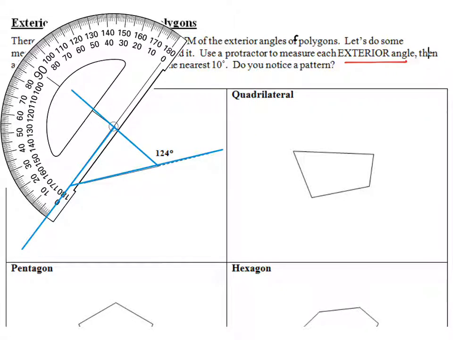All right, so I've got my protractor. Again, the base is along one side of my angle. And then I want to decide which of my scales to use. Because I start here at 0, I'm going to count up on the outside scale. And so I'm going to count up. Now, it's hard to tell exactly where that goes because my line doesn't go quite far enough. So I could either extend that using my ruler, or I could just take something like an index card and extend it up on the side there. So if I were to do that,